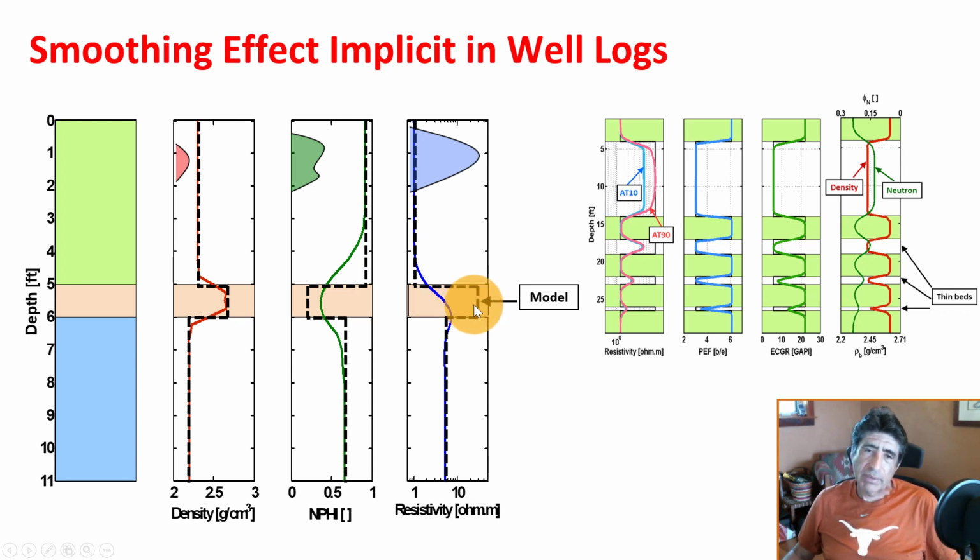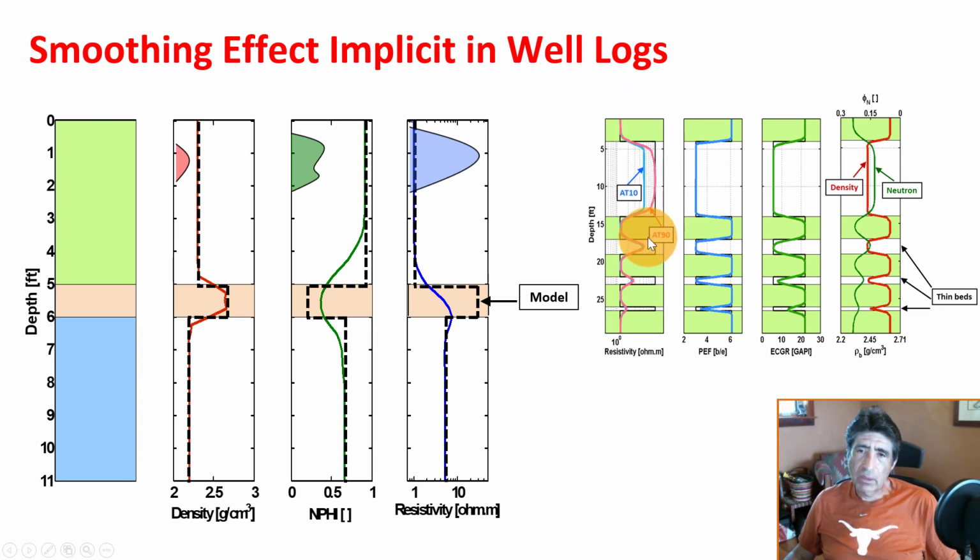And that's important because if you're going to do calculations of rock properties from logs that have been smoothed, then you have to recognize that the smoothing effect is going to cause inaccuracies at the time the interpretation or the calculations are done with well logs. And here's another example of what happens when you go through very thin layers.